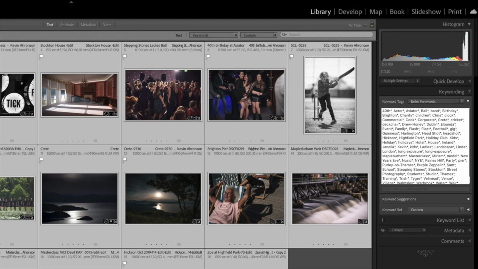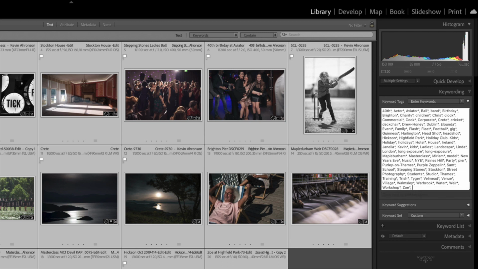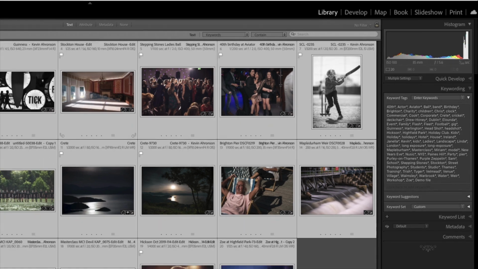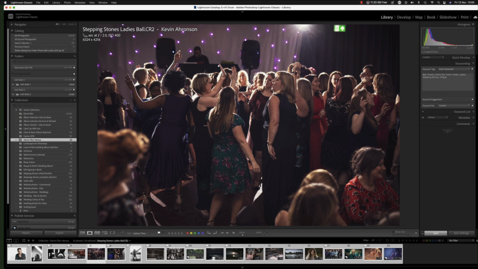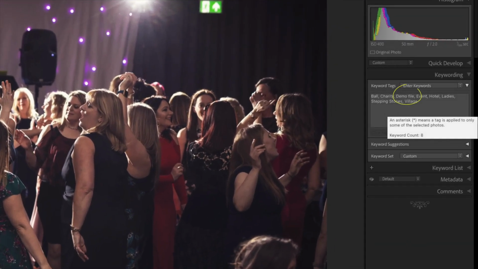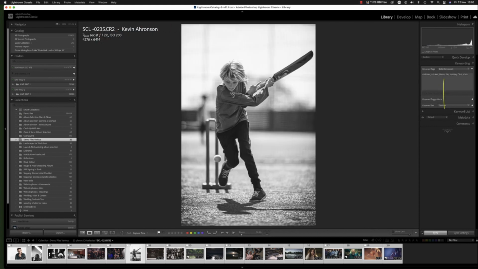Let's go right to the end. And I do comma, and I would do demo file. There we go, demo file. And now every single one of those will have the word demo file. There we go, demo file. It's in every single photo. Demo file. So there are ways of doing this which are time effective,